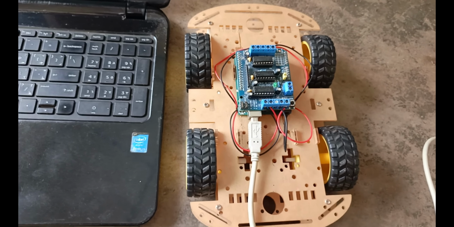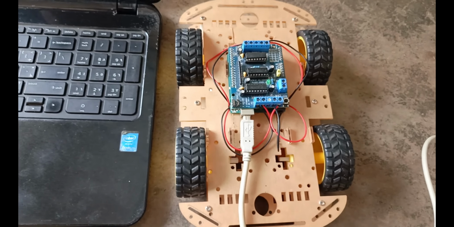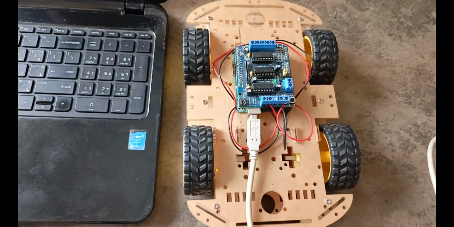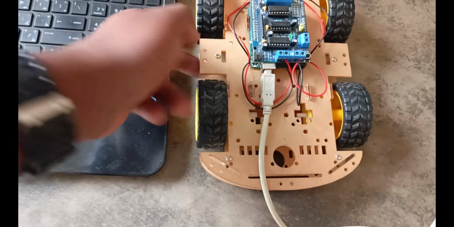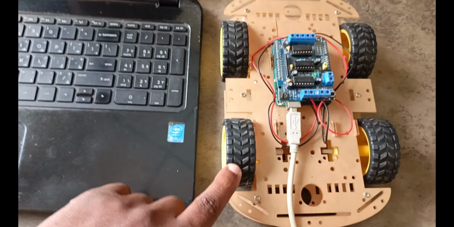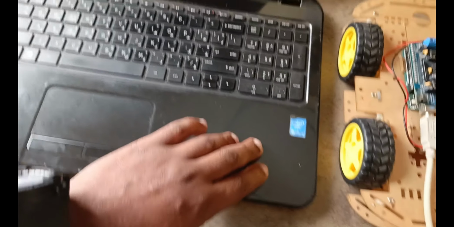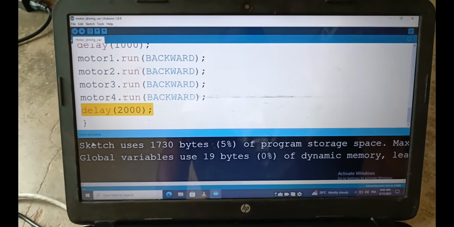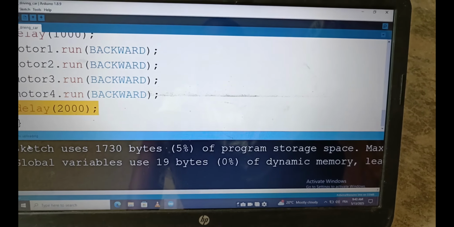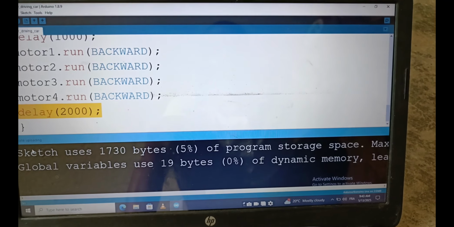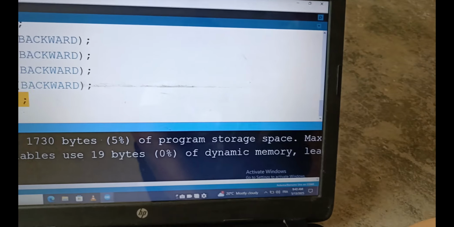Okay, after comparing and finding there's no error in our program, we take this motor driving car, which is made with an Arduino board, a motor shield and the 4 motors, with each motor on one side. We're going to take this driving car and connect it to the laptop here and upload this program, which I have already verified and found there's no error. After connecting this driving car to the laptop, you are going to upload the program on our motor driving car